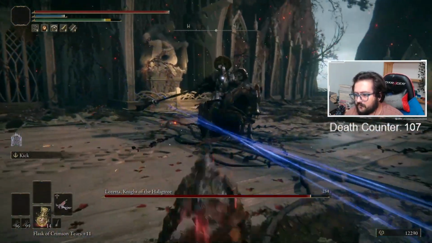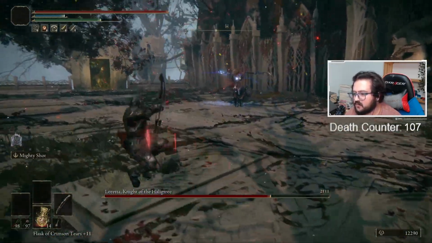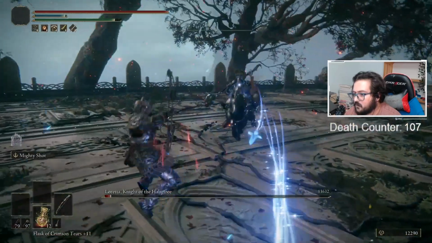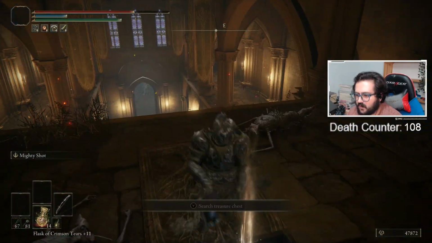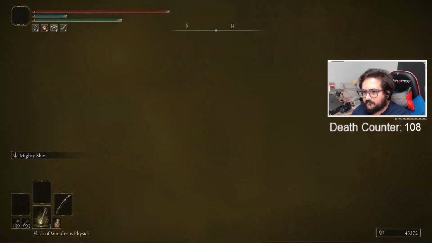Starting off, I volley poison bolts into her. That takes hold, I switch to bleed arrows, getting a perfectly timed bleed, and the dot damage takes her down. Grabbing the best damage negation tally in the game, the Dragon Crest's Great Shield, and heading into the first attempt